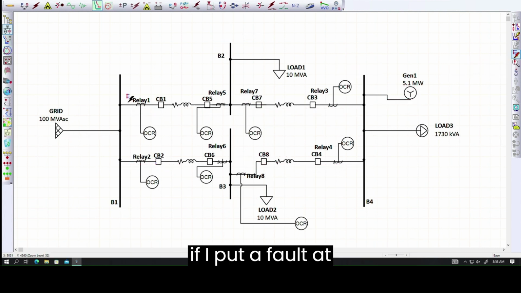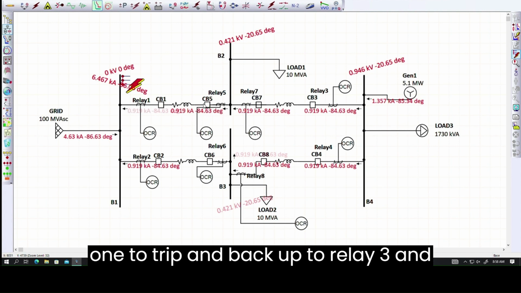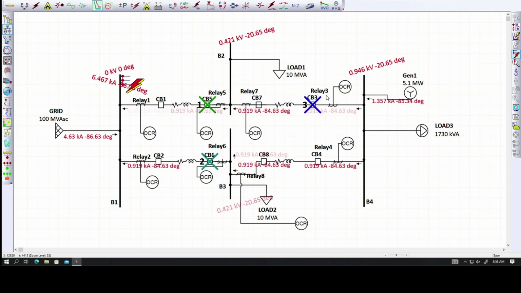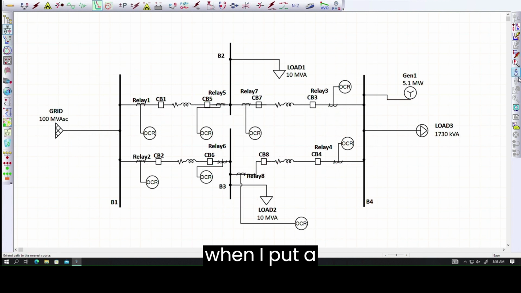And if I put a fault in bus 1, relay 5 and relay 6 are the first ones to trip, and backups relay 3 and relay 4 should be tripping as well. Now if we want to observe the fault in between the lines, right here I have a line in between relay 7 and relay 3. When I put a fault right here,